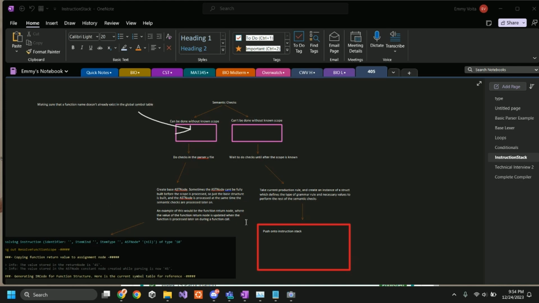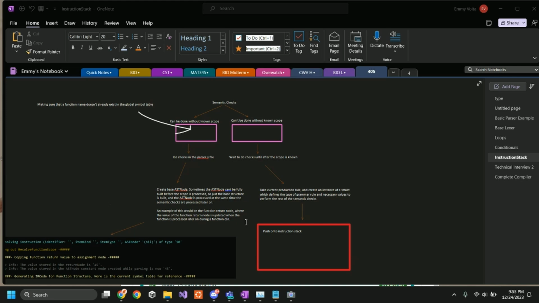So things that can be done without the scope being known are immediately processed in the parser.y file. And then things that can't be done until the scope is known, because we couldn't get the scope to be passed down as the parser is bottom up,